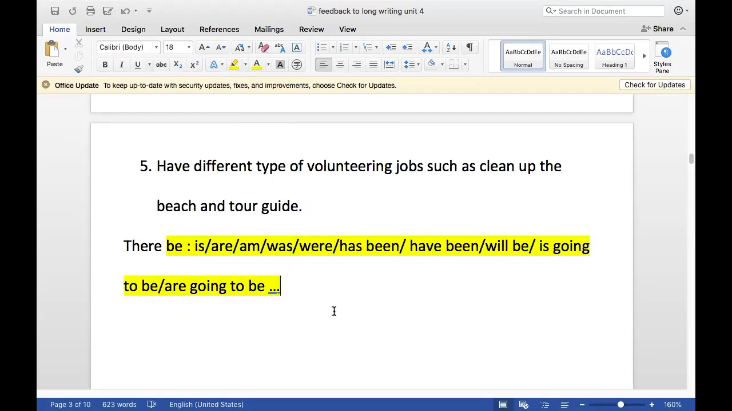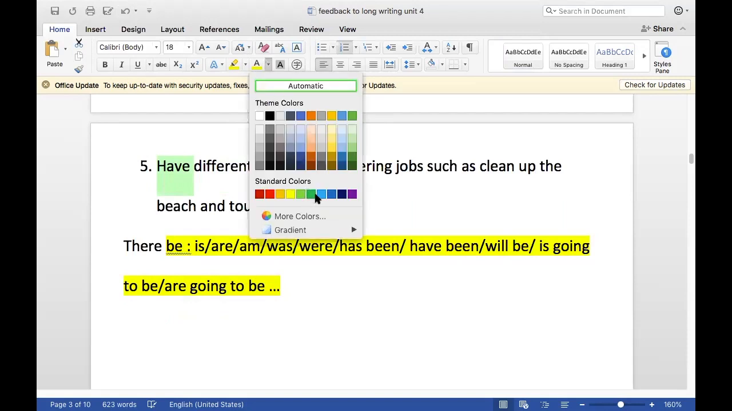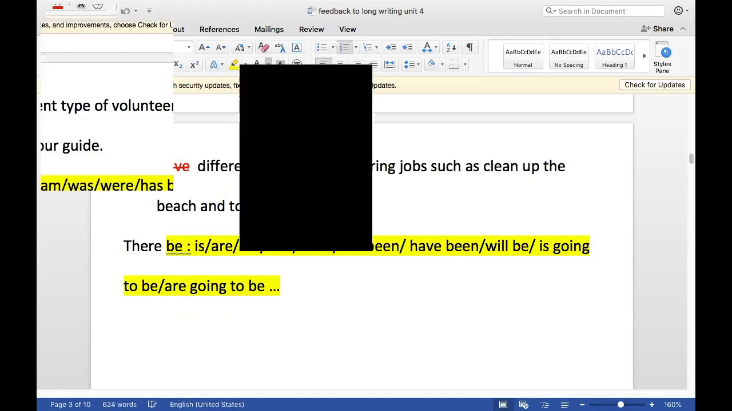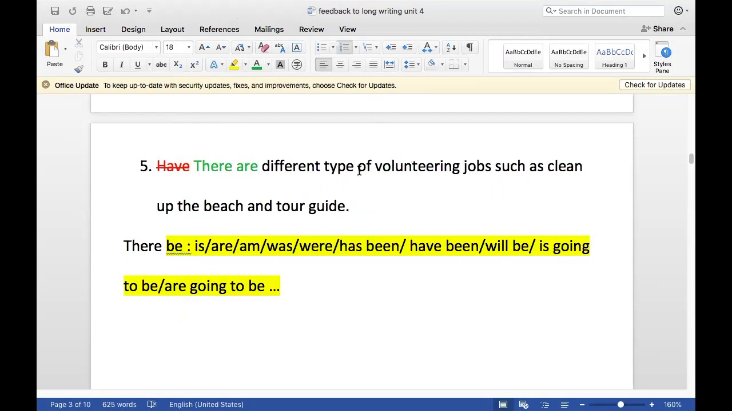For example, there are 15 boys in this class. There is a large crowd surrounding the celebrity, surrounding the famous star. Don't use have. It's quite a common mistake made by you, huh? There are what in this case? Yes, there are more than one type, different types of volunteering jobs, such as,